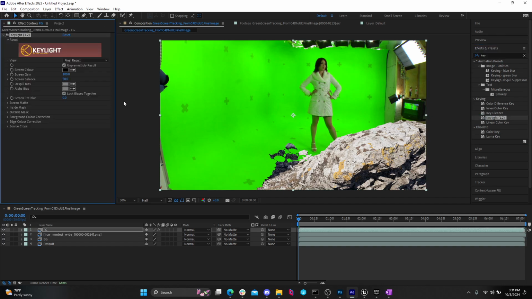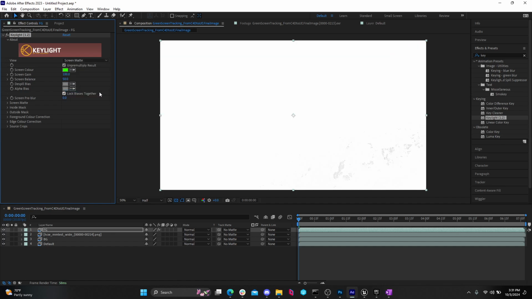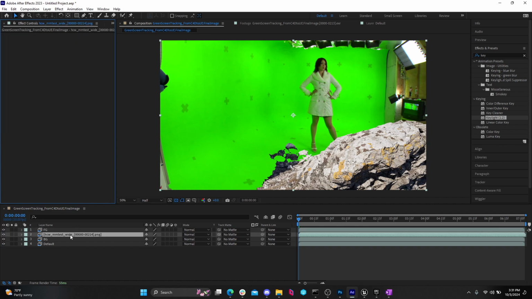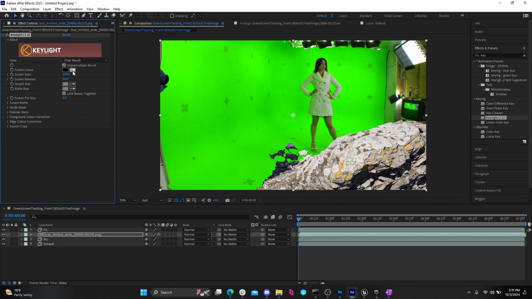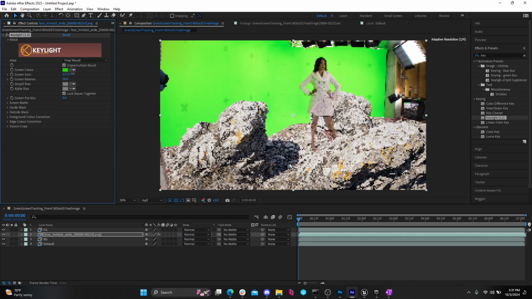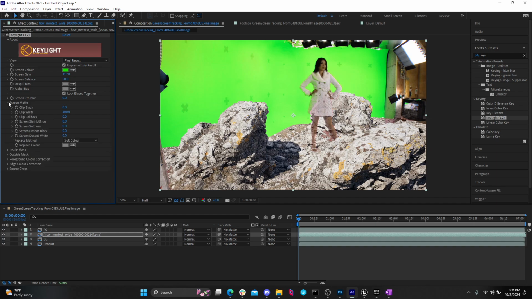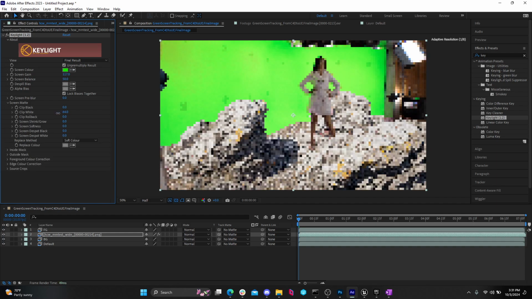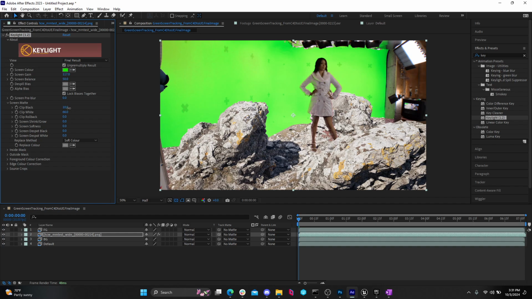This footage is very compressed and not very conducive to keying. It has a lot of spill. Oops, I put the effect on the wrong layer. Key up the background, just like we've done before. It's a little crunchy,